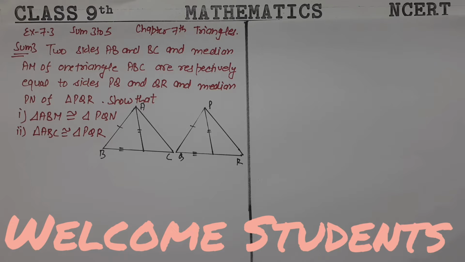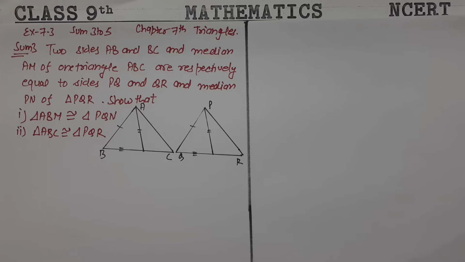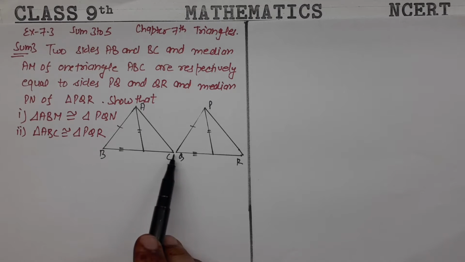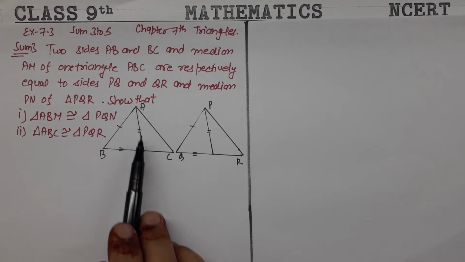Hello student, today we will continue exercise 7.3, sum number 3 to 5 of chapter 7th, triangles. Sum number 3 which is on your screen. Two sides AB, BC and median AM